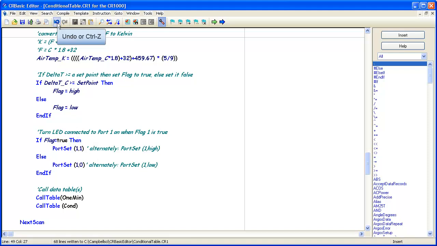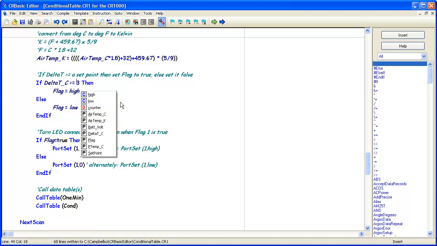Let's undo that and see how F10 differs. Again, with your cursor where you want the new variable, press F10. The pick list comes up. Constants are listed with a blue C, dimension variables with a red D, and public variables have a black P. Select your variable. This time it overwrites what was there, the 3 and the word then. Retype the word then. F9 and F10 are particularly useful when writing expressions or when you need to remember what you called a particular variable.